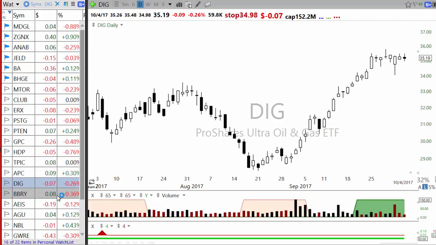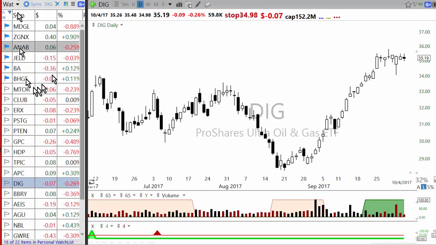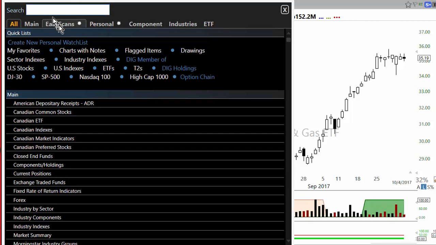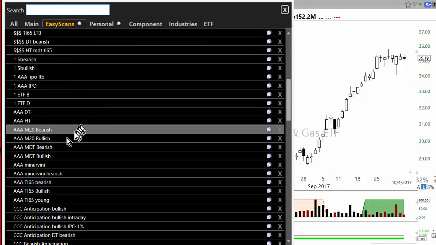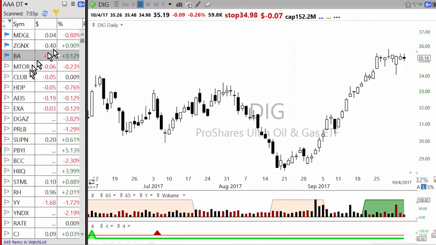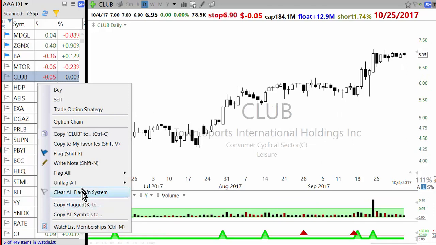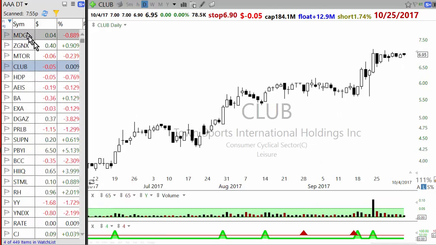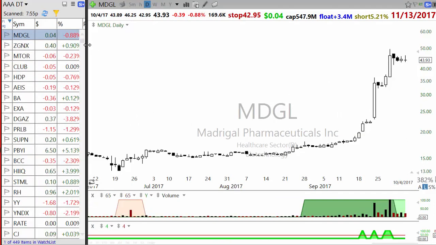And now as I said, this is on a daily time frame, but the same principle applies if you want to look at a longer term time frame, in stocks which are setting up on a weekly time frame. In order to do that, I would suggest that you do it on a DT list, or MDT list, because that's where you'll find a lot of stocks which are basically